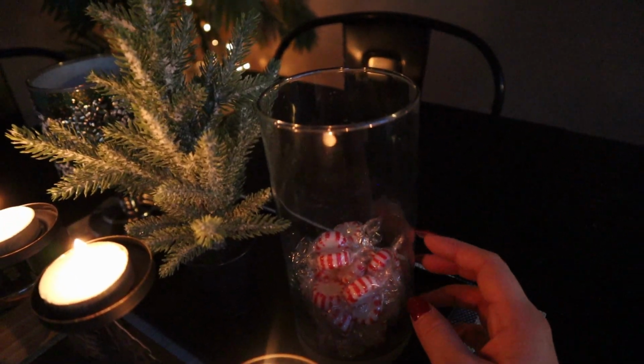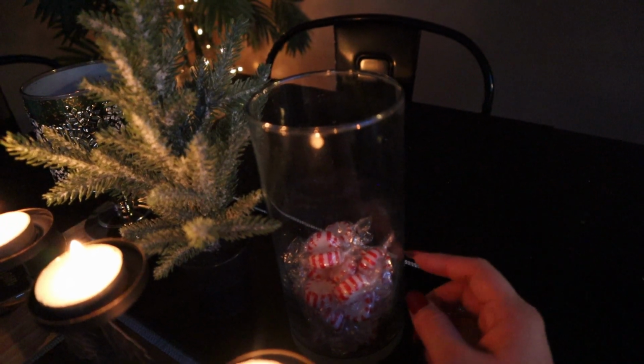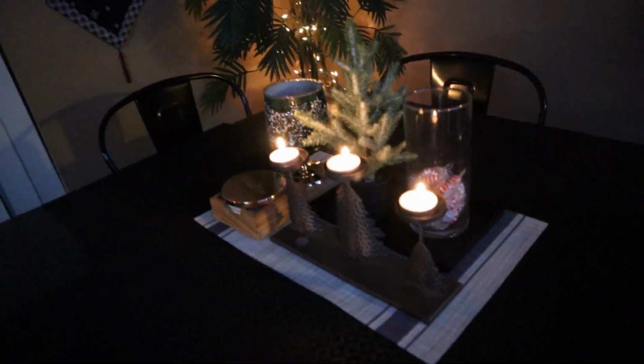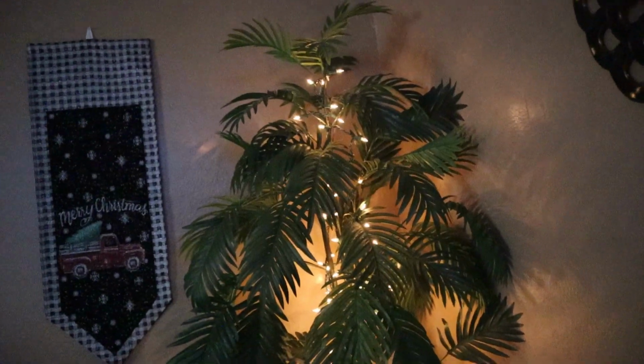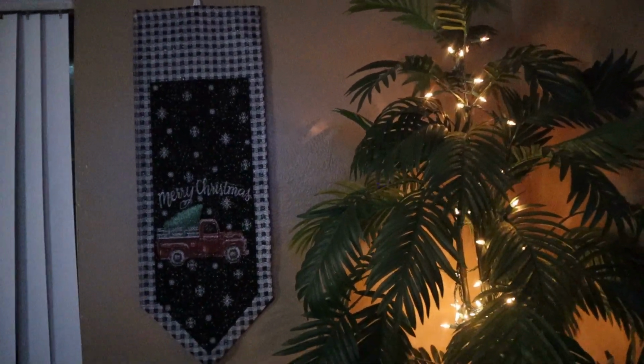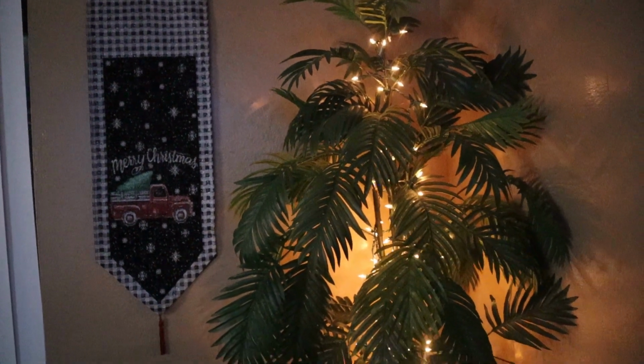And this is just a clear candle holder, and I put peppermints. It was filled up all the way to the top in the beginning of December, but now you can see we've definitely been grabbing into those. Here we have this plant that we have here all year round, but we just decided to wrap some Christmas lights on it to just illuminate the corner, and it looks so nice with this Christmas banner, which we actually got at the 99-cent store,